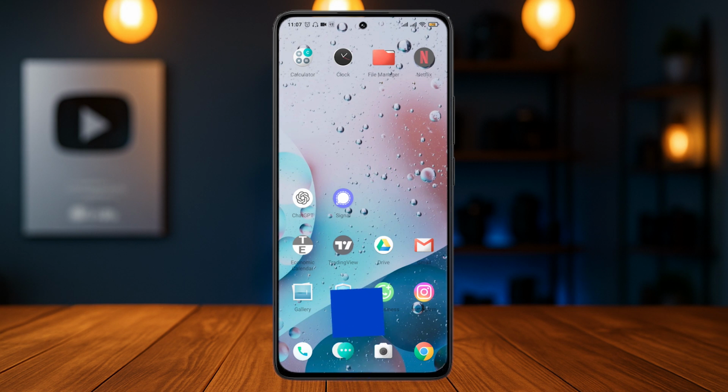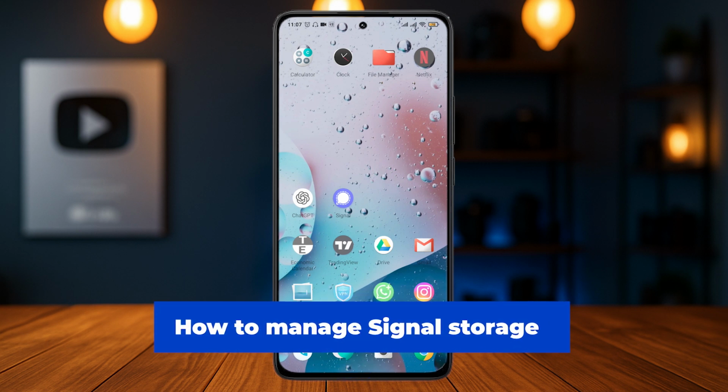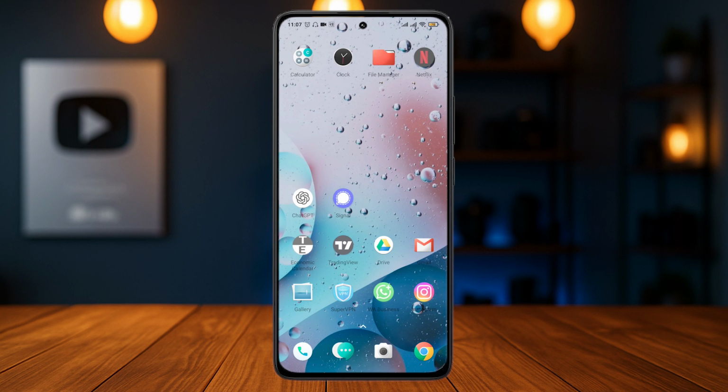Today's video, let's talk about how to manage your Signal storage. Signal stores all of your messages and media locally, meaning it would consume the storage on your phone. So if you are running out of storage and you want to manage your storage from your Signal, what you